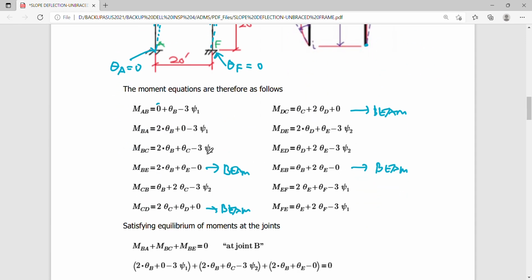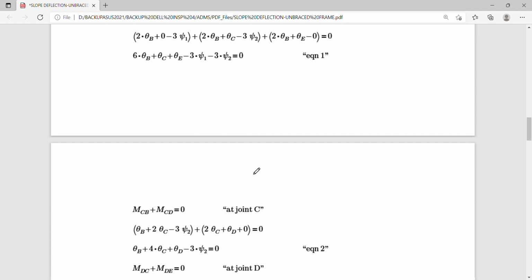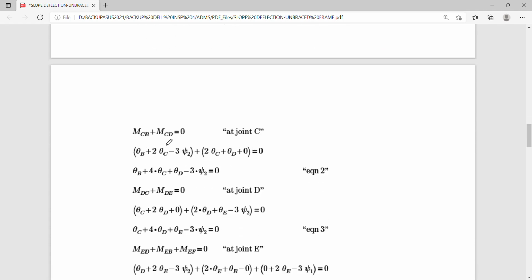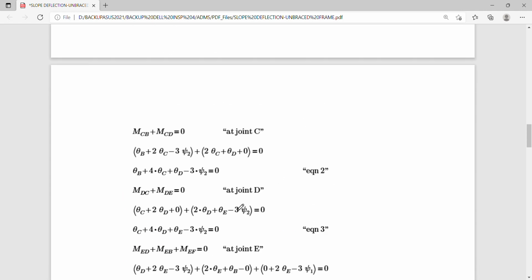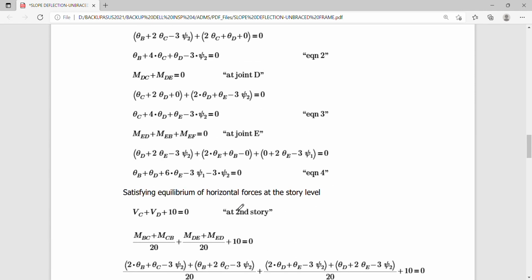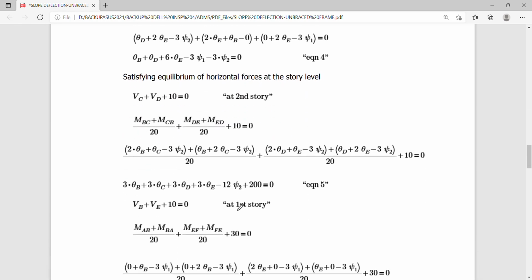So we can now formulate by simply plugging it in. This is the good thing about a program. You just plug in the values, and you can actually simplify it into this equation, etc. Joint C, it's MCB, MCD. Joint D is MDC, MDE, etc. So you will actually make 4 equations out of this summation of moments at the joints,